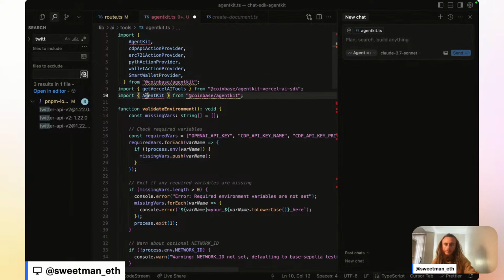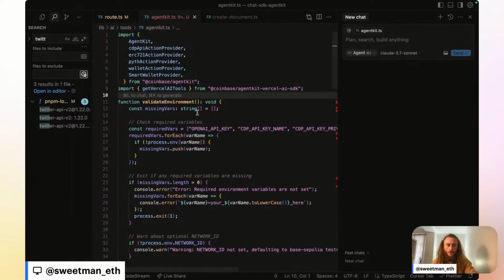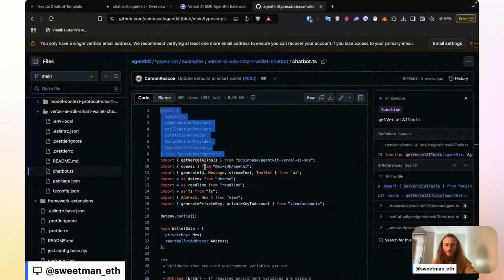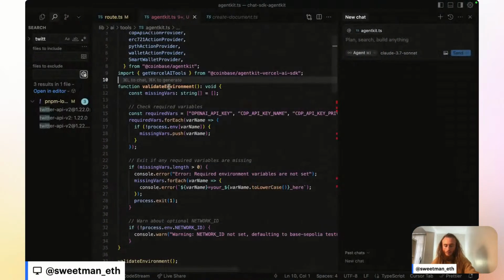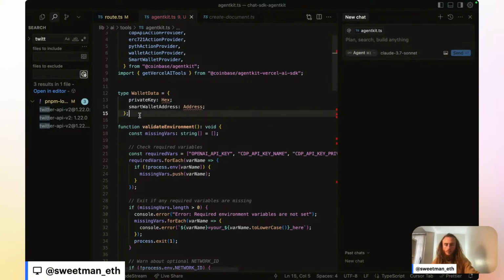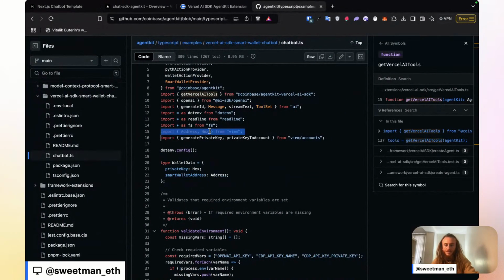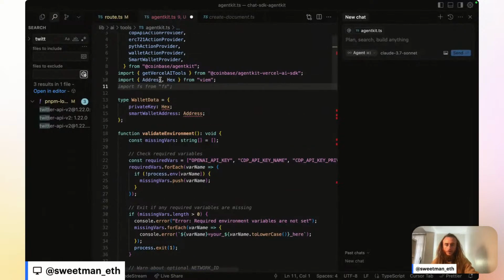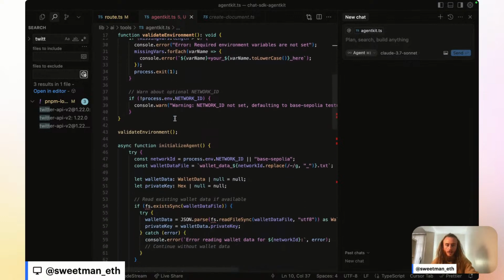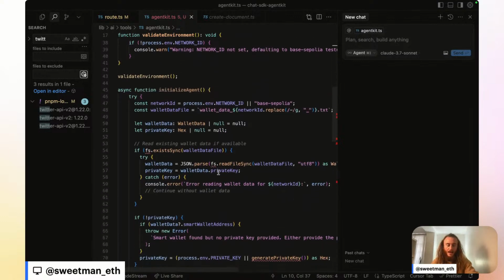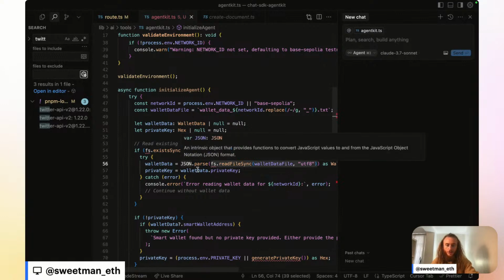What other red lines do I have? Wallet data. Where's wallet data coming from? Wallet data is a custom defined type. Hex and address are both coming from viem. Do we have viem? It looks like we've already got viem, which I'm surprised. What else are we missing? FS, like FS, we don't want to be using FS. So let's just assume,